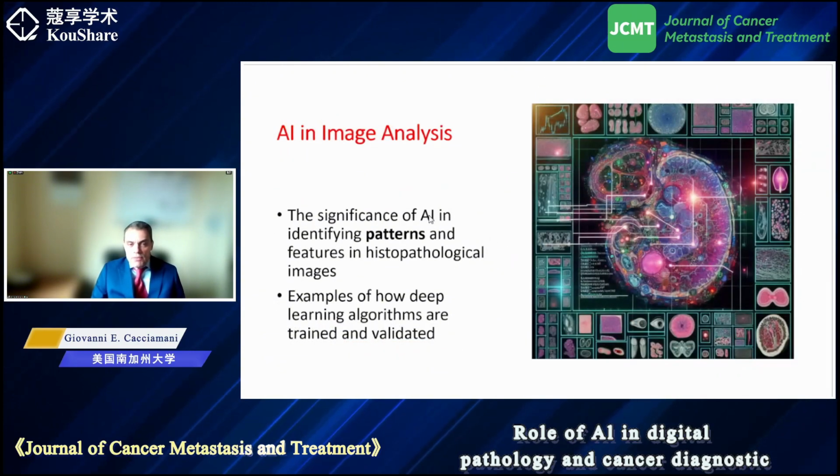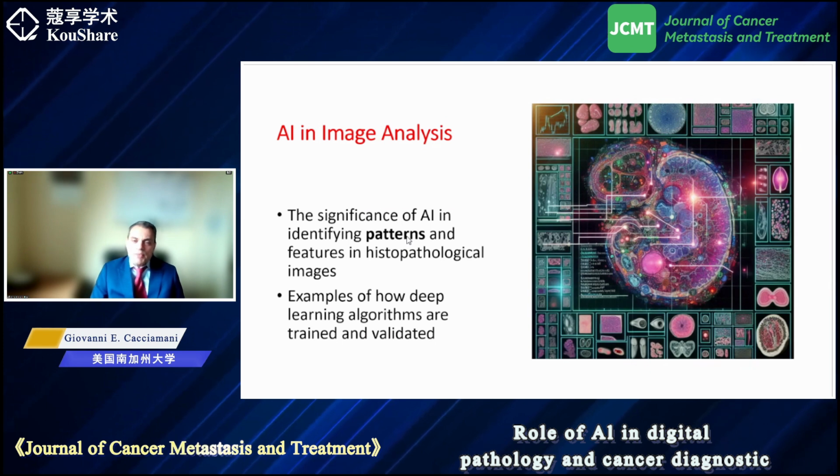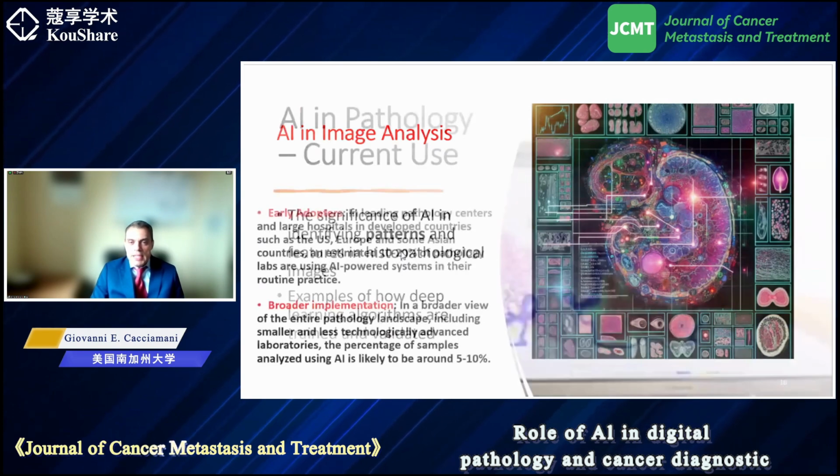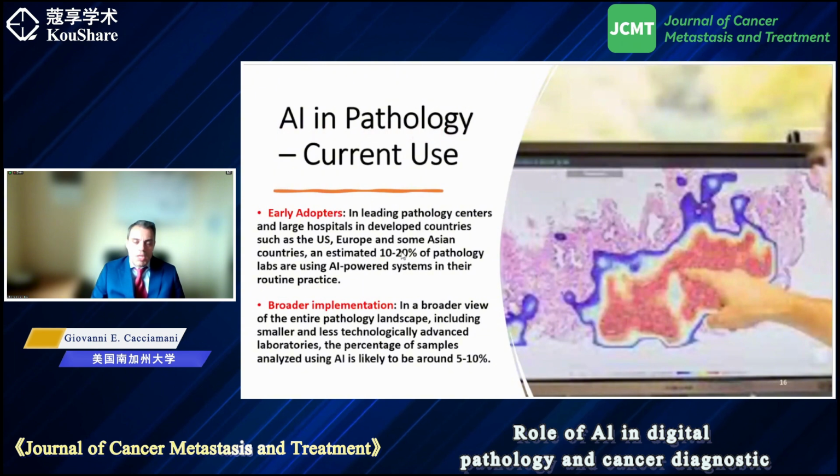And indeed, artificial intelligence can recognize patterns. So what is a pattern? A pattern is something that we first of all need to recognize. So the machine cannot replace the training period for the machine itself that expert doctors have to do in order to recognize our cell's shape, our cell's color, the cytoplasm, the presence of granules, the nuclear shapes, and therefore we can establish an algorithm and then validate it with clinical cases.